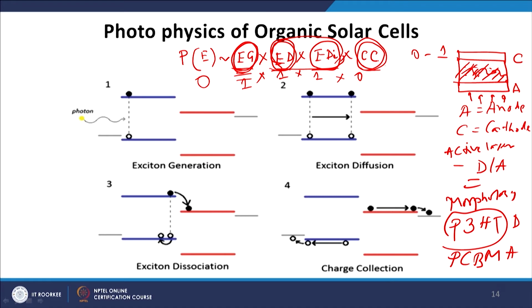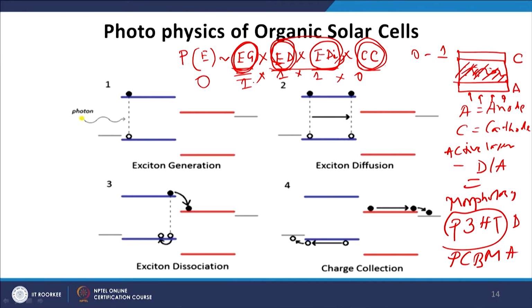So, that is why it is better for every parameter to be 0.5 or 0.6 rather than 3 of them being 1 and one of them being 0. One has to optimize all the parameters simultaneously while fabricating a device or while designing an ideal solar cell device. That is what we call a product function, not an additive function. If it were an additive function, then even if one of the parameters is 0, we would not care, as the other parameters would add up to the efficiency. But it is a product function. Each and every parameter should be optimized or ideal, and that makes the job very challenging.